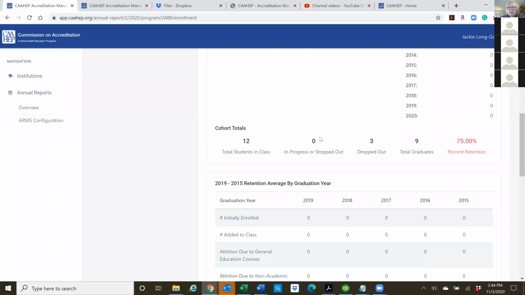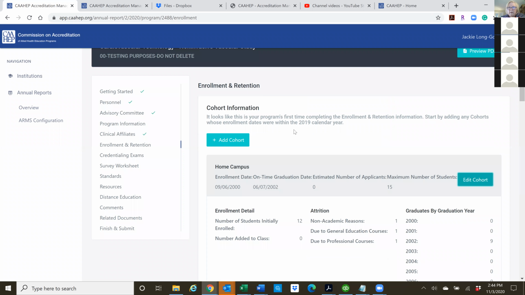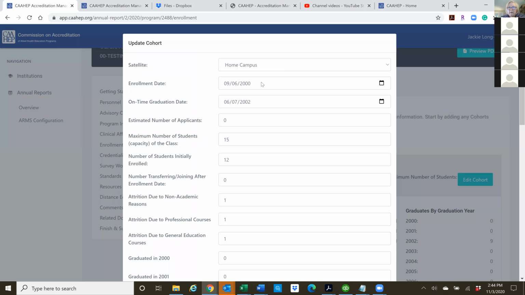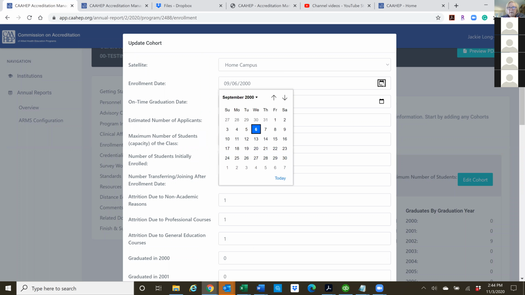You have a new booklet that's coming to you that has screenshots of every page. I'm sorry I didn't pick this up before, but let's just put a class in there so we'll be able to show you. Remember, it's the same on this one as it was on the old one: once you put the cohort in, you can't change it. So you want to make sure that you enter the right date.